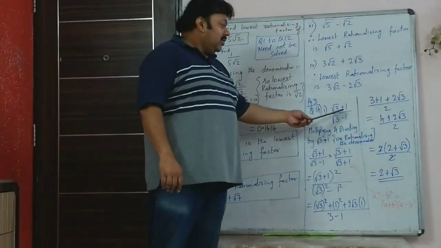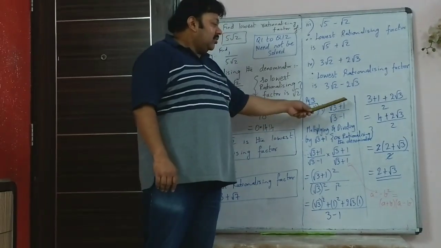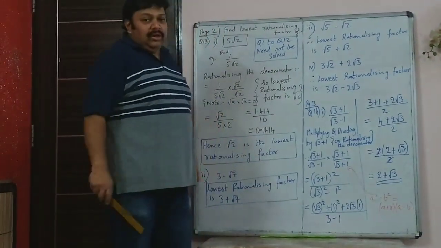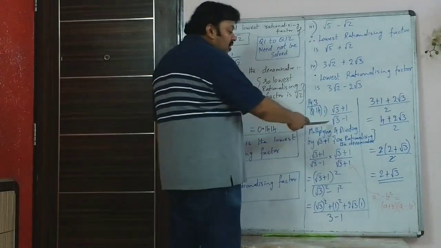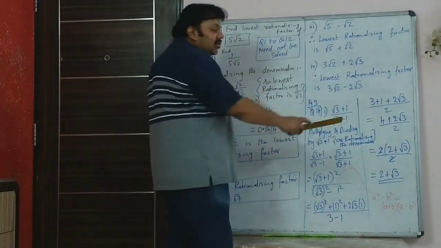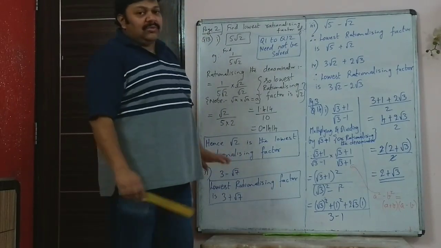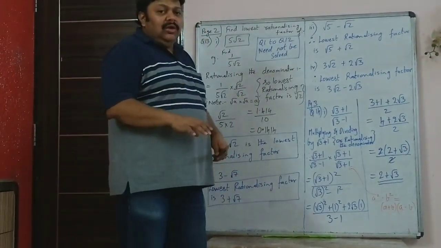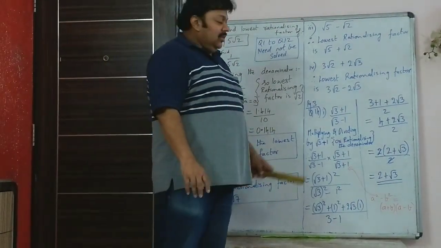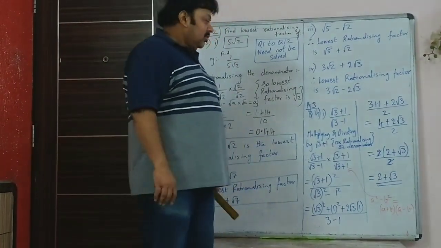So you have been given a sum and you are asked to rationalize the denominator. Rationalize the denominator means the denominator in the end should not have any square root symbol. So that should not be there in the denominator. A numerator can have. They have not asked you to get rid of the root in the full sum. They only asked you to rationalize the denominator.